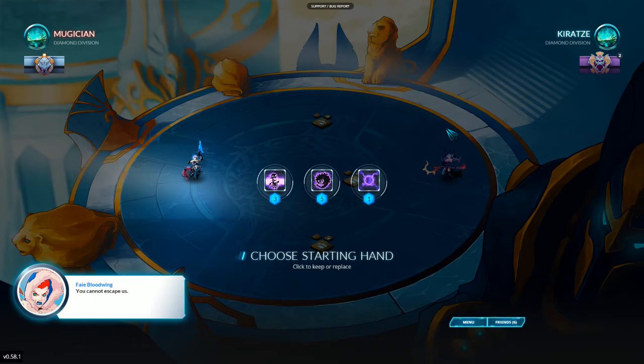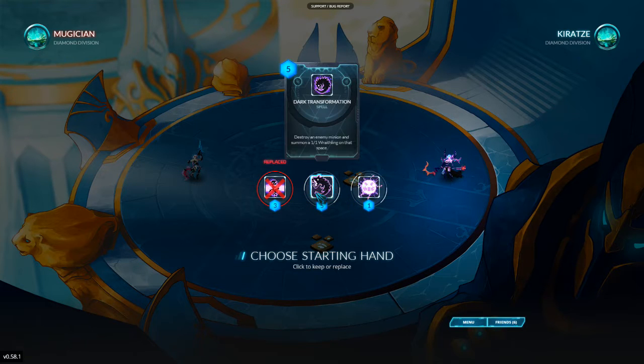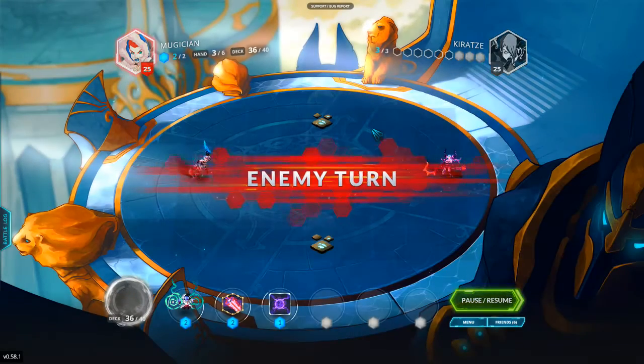All right, so we have a lot of control in our hand. Pretty terrible hand to start off with, but we don't need anything. We want to look for some early drops. I almost keep a Dark Transformation because it is a good answer to Fenrir War Master, but I decided to